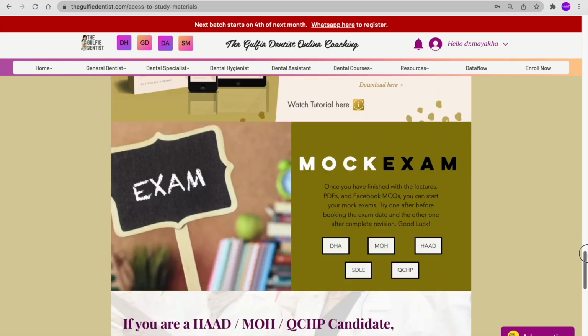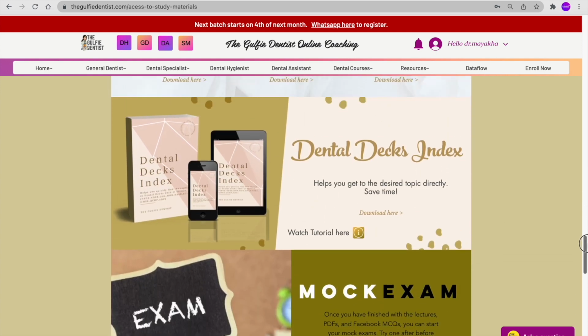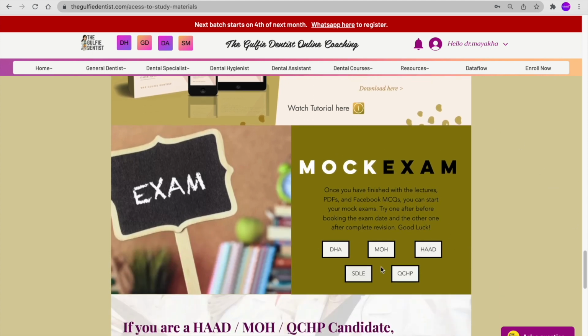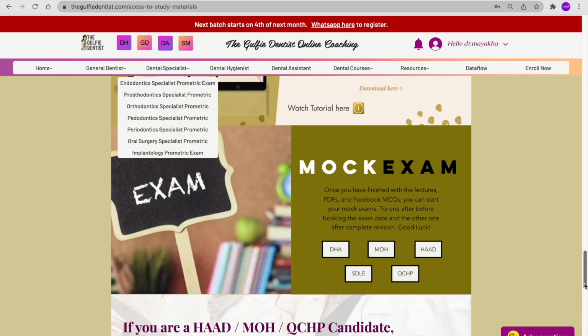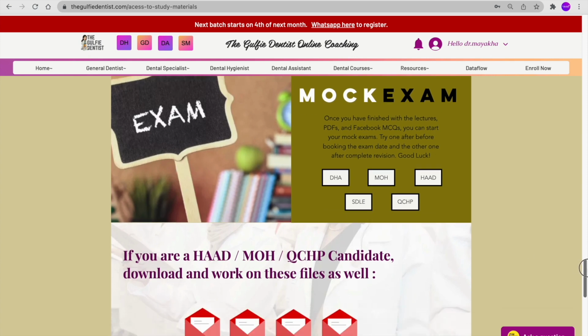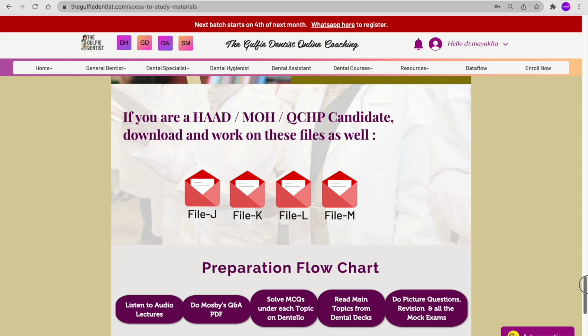Now, a few things here, you don't actually want this. This was all our previous edition. We used to have the mock exams here. It wouldn't hurt to go through them, but you don't have to, because we have the new mock exams on the Dentalo site. I'm just not removing it for a reason. Even before, the candidates had to do a lot of files from here, but now you don't have to, because it's all explained in the lecture, and then you have the rest of it on